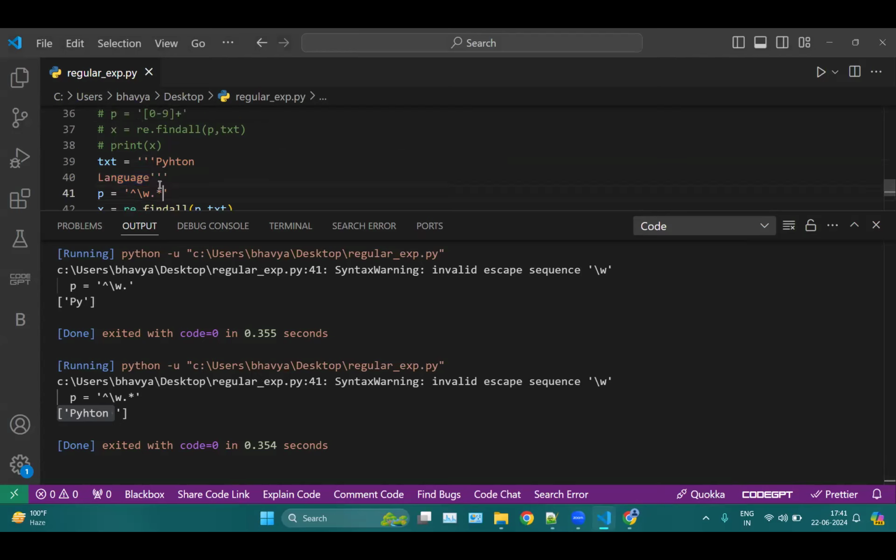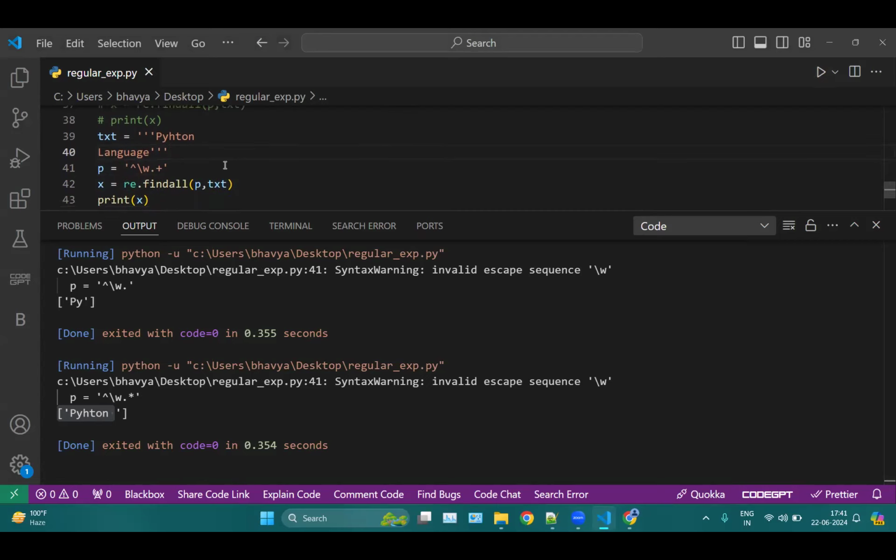So in place of star, we can put a plus sign here. Plus means one or more occurrences, so it will also take whatever is in the next line, the new line, which is language here. If I run this one, you will notice